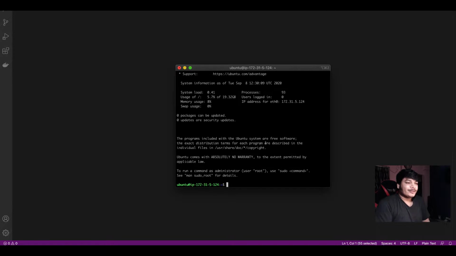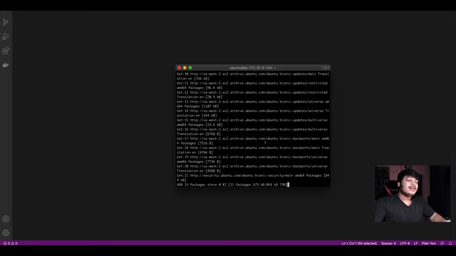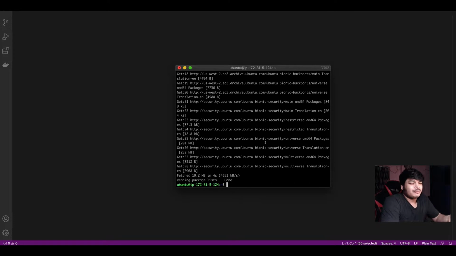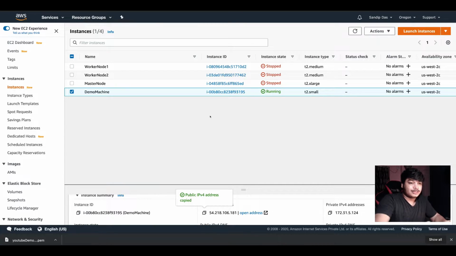What to do now? The very first thing you should do is update the packages. Sudo apt-get update, and we update the package list. Now this is the basic step. Then you can install Git or whatever. After that you download the package from the Git repo and install the application, then install whatever resources you need. You can do all these kind of things, but your machine is ready now. Okay, so this is to show you how easily you can set up the machine.